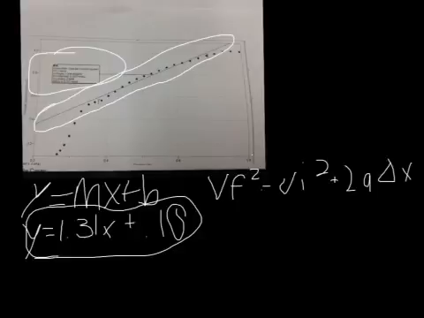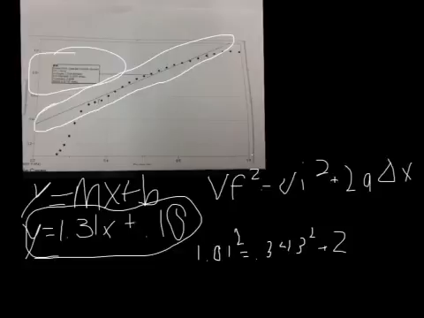So anyways, if you check your graphs, you should take the number that is your final velocity. In this case, I have 1.01 and square it. Then you should take the number that is your initial velocity and square that as well. You have to add that with 2 times the position. In this case, it's